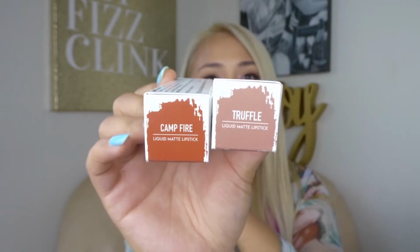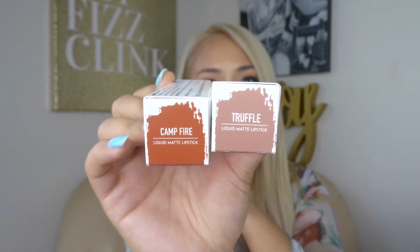So when I went to do my makeup today, I was like, I gotta use one of these. So I did get 2 colors. I got Truffle and Campfire. I'm currently wearing Truffle on my lips right now, and this is such a good nude on me. I was so surprised, and I was so thrilled that it was such a good nude on me because, as you guys know, I've now lost 2 nude lipsticks that I thought were gonna be great, that actually are great,